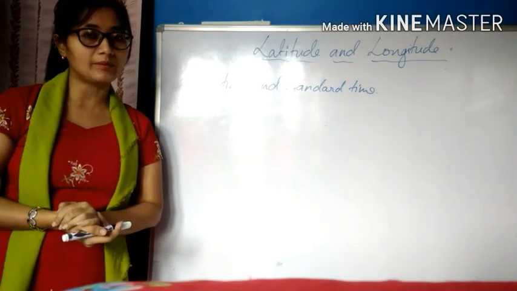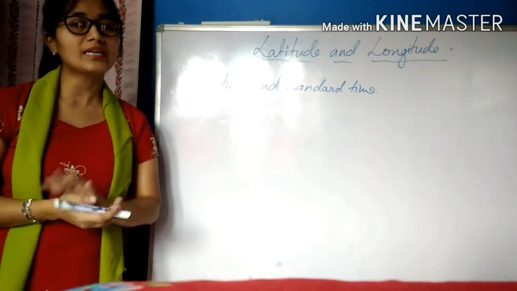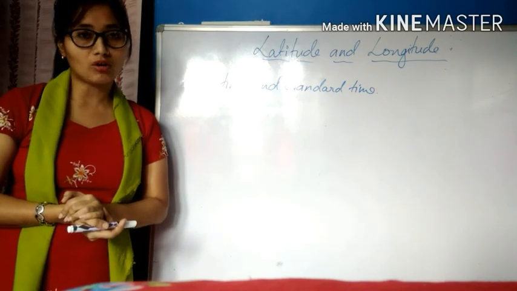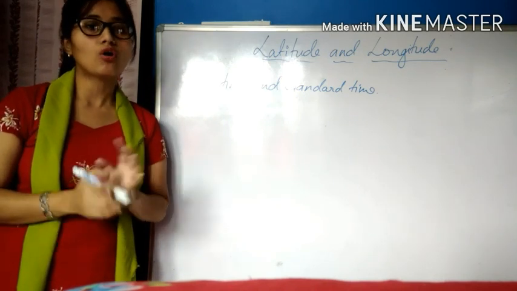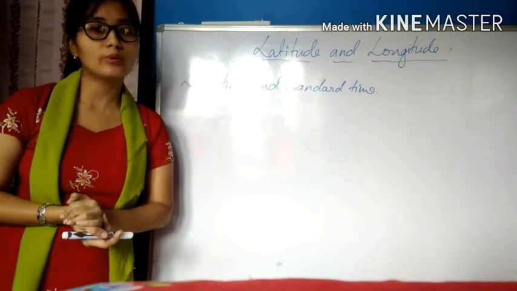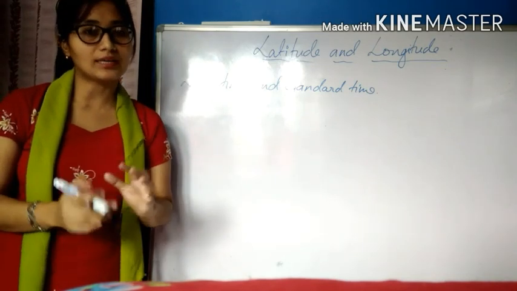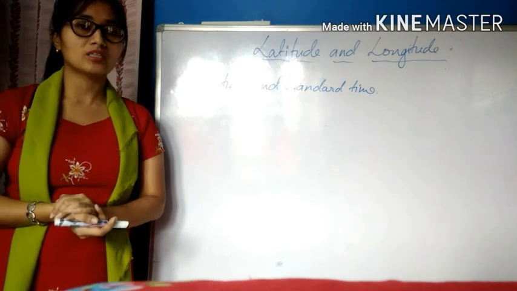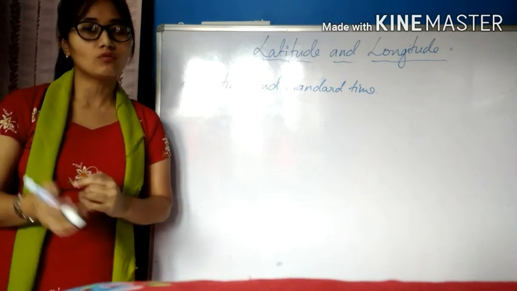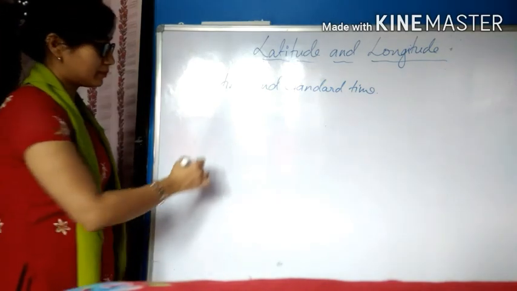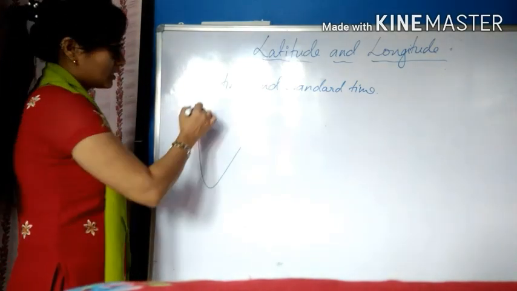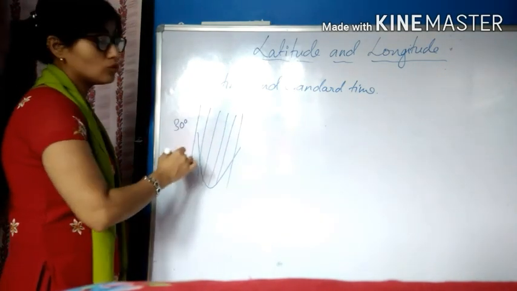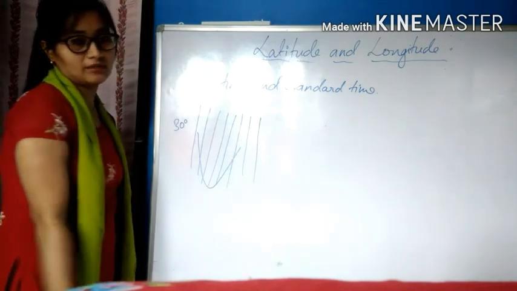And the standard time. What do you mean by standard time? Standard time of a place is a time which is decided by the longitude that passes through the center of the country or the longitude that passes through important towns or cities of that country. The standard time is very important because it will not create any kind of confusion within a country. For example, a country like India has 30 degrees of longitude that pass through it.